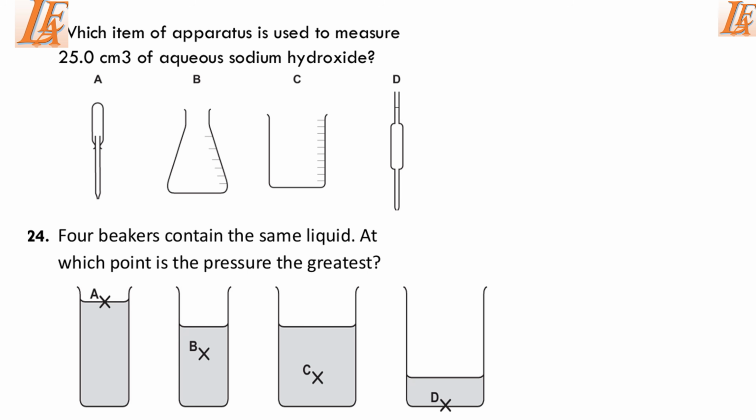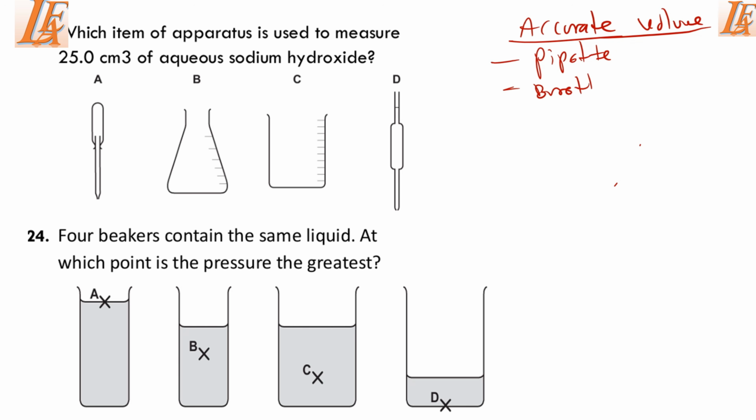And what we know, we have apparatus which we can use to measure accurate volumes of chemicals or liquids or even solutions in the lab, and we have only 4. The first one is a pipette. The second one is a burette. The third one is a syringe, and then the fourth one is a volumetric